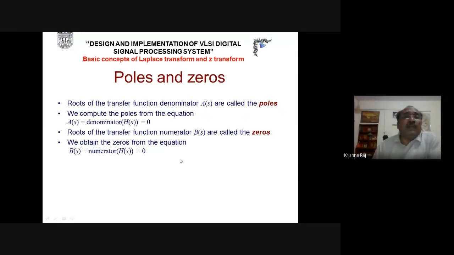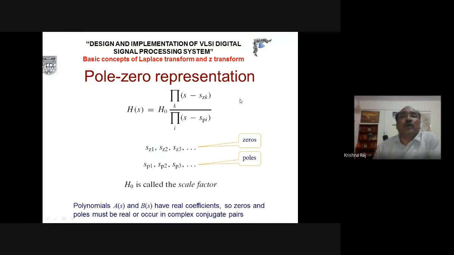Now, if we are interested in analyzing the pole zero representation, then whatever the transfer function is, it will be broken into second order sections, that is, biquad sections. Here we have represented the summation of s minus z_k, which represents the location of the zeros, and this represents the location of the poles. When we put s equal to the pole value, the value becomes infinite. When we put s equal to the zero value, the function becomes zero. This s_zk is named the zero, and this is named the pole.